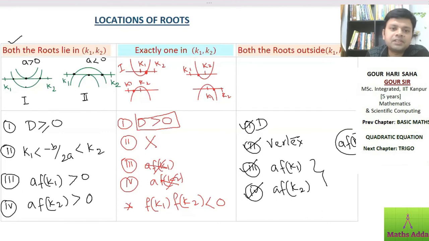Now see, if function is negative at one and positive at the other, means what? In between them it will be 0 somewhere. See, function is negative at K1, positive at K2, right? So it will be 0 somewhere in between. So there will certainly be a root. Similarly, F K1 positive, F K2 negative. See, in between it will be 0 somewhere. Similarly, in all four graphs, this means what? If F K1 into F K2 is less than 0, it will certainly have a real root. So there is no need to write this one. This is already justified here. So this means again in the second one we have only one condition, that is F K1 into F K2 is less than 0. That's the good thing about this second type.